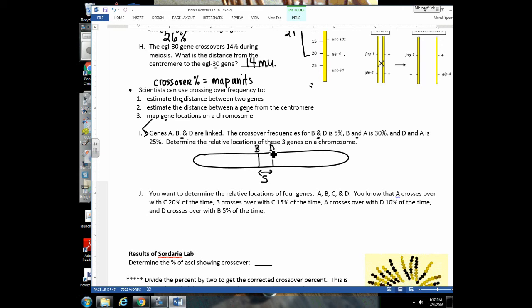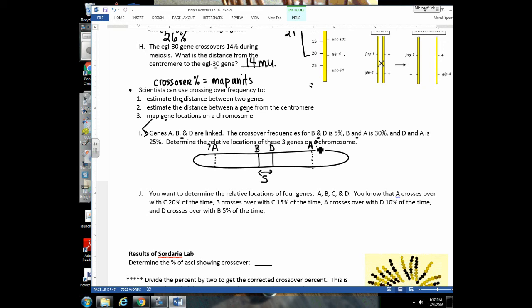My next clue says B and A is 30. So I could go 30 this way, and that could be A, or I could go 30 this way, and that could be A. So I'm trying to figure out where A is. I'm going to put a question mark there because I don't know exactly where A is. When I look at the next clue, it tells me which of those two locations I would find the